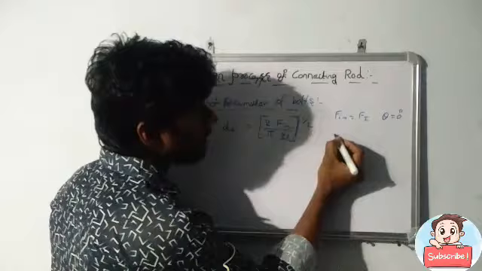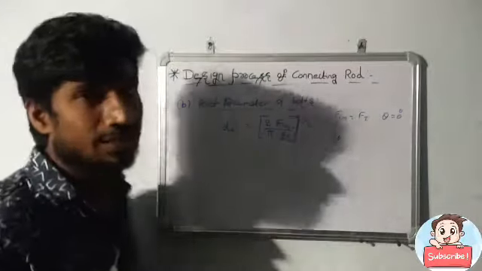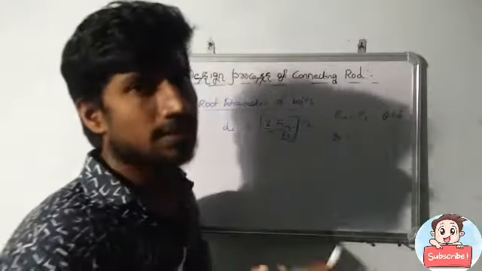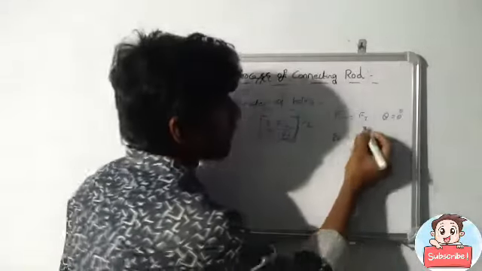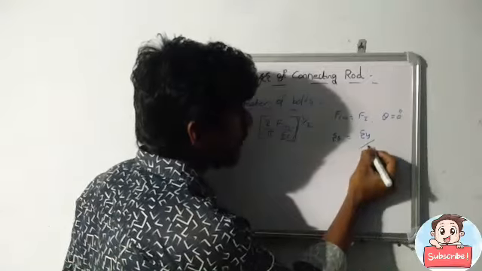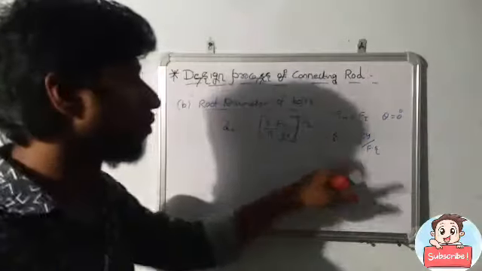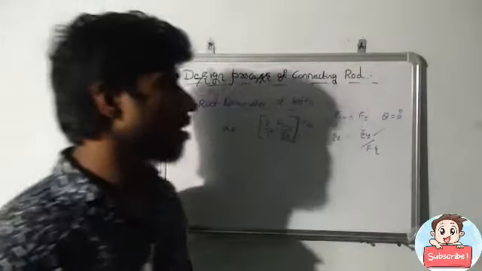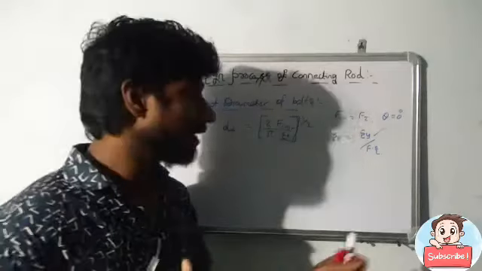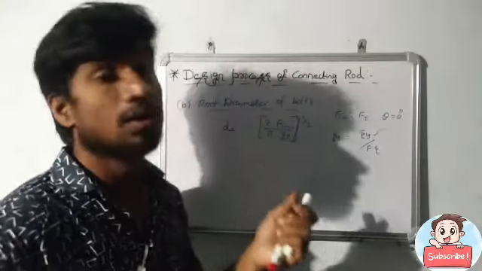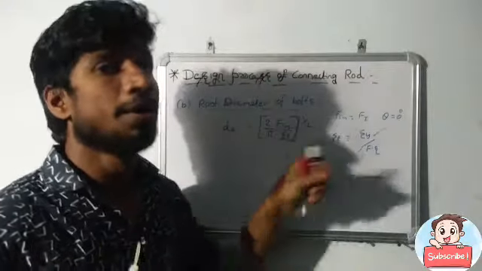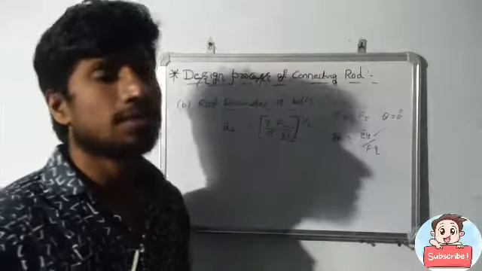Okay, and next one, St. Here one more unknown term, St, that is the tensile stress. How do we get this tensile stress? It is the ratio between yield stress and factor of safety, so Sy by FS. By doing this, we get the tensile stress. Here, how do we consider the yield stress? The yield stress is considered using the material condition. Which type of material do we prefer to design a connecting rod? Based on that material condition, we consider the yield stress.